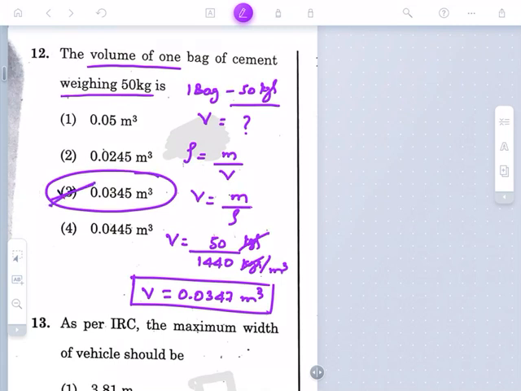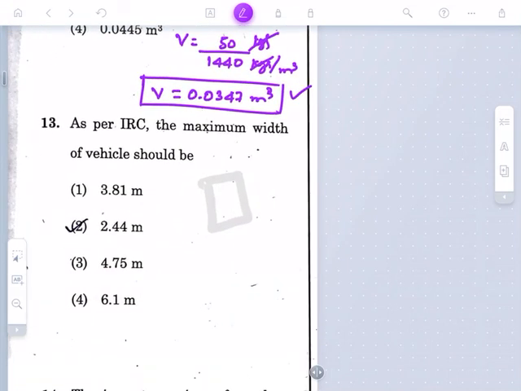Please remember this value. This is a very important question. This is the most repeatedly asked question. Most of the time in the interview they will ask this question. In the examination you may have a calculation for this, but in the interview this question will be asked. Please remember this. This is most important for your daily life.